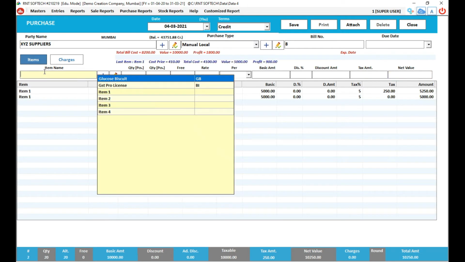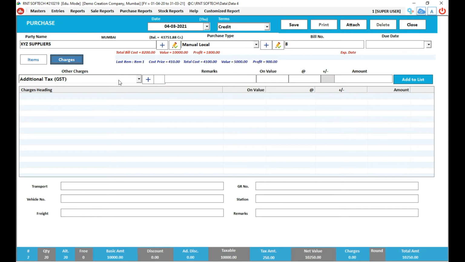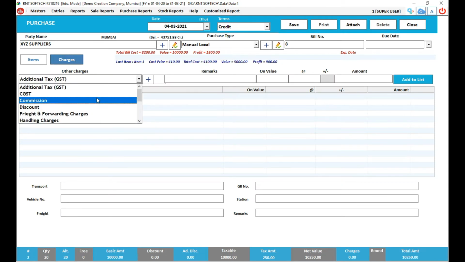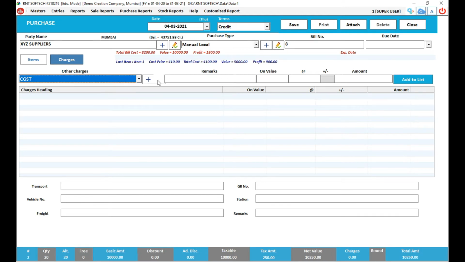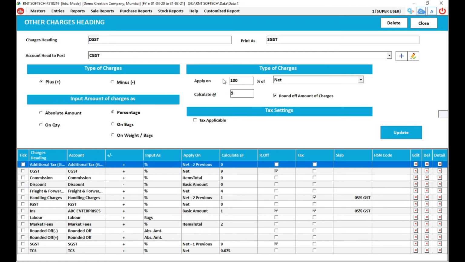So the net value, this is added. Now go to charges. Click on charges, the different heads. Go to CGST. Click here to get all the details about the CGST head. It applies on 100% of the value. It applies at a rate of 9%, rounding off the amount charges, and it applies on the net price.